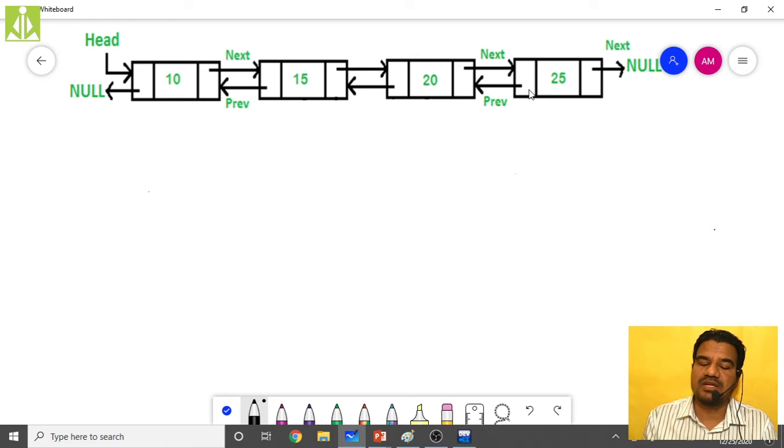So we can't perform the traversal in the reverse direction. So what we do is, just see this code. When the temporary pointer is pointing to the first node, we will have a follow-up pointer. The follow-up pointer will follow your temporary pointer. It will not point to the exact node where the temporary pointer is pointing, but to the previous node of that temporary pointer.